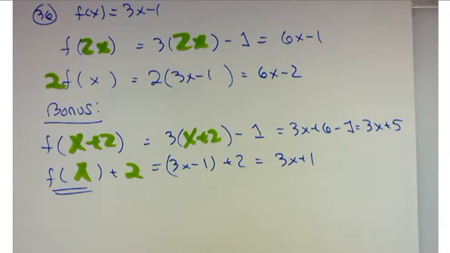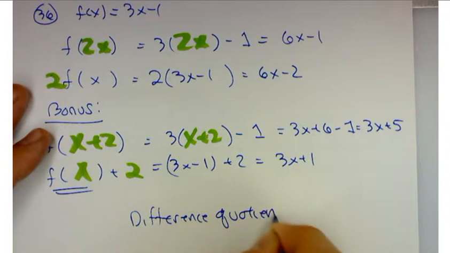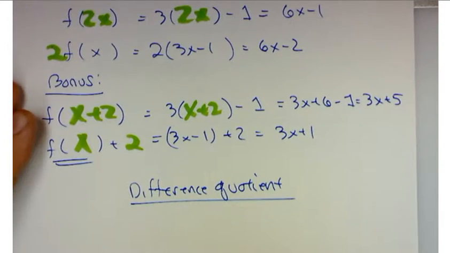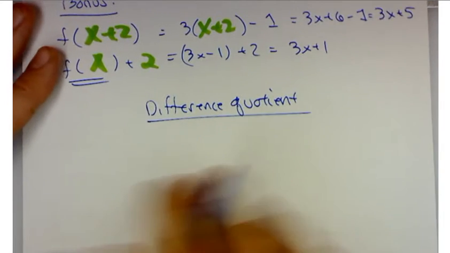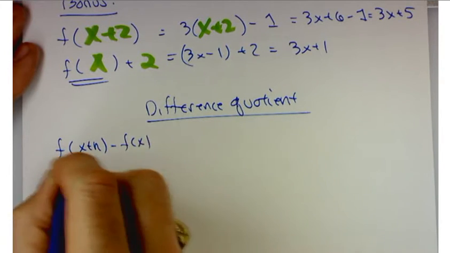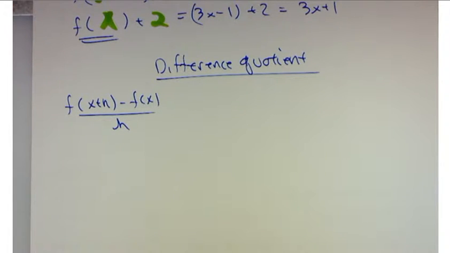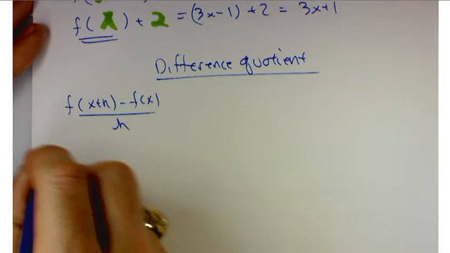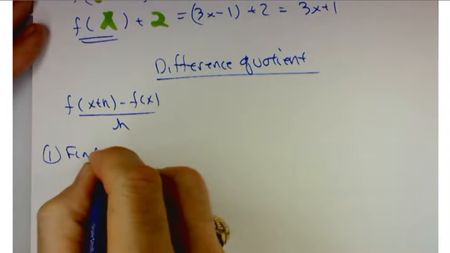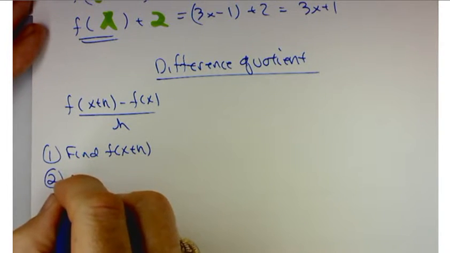So something called a difference quotient, something you'll see in calculus. Difference quotient looks like this. It's f of x plus h minus f of x divided by h. When you calculate these, I'd suggest you do these 4 steps. First of all, find f of x plus h. Then calculate,